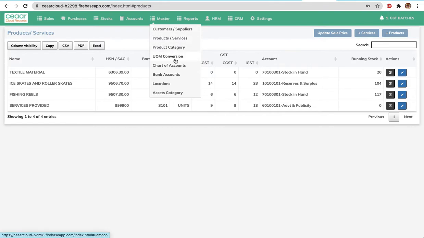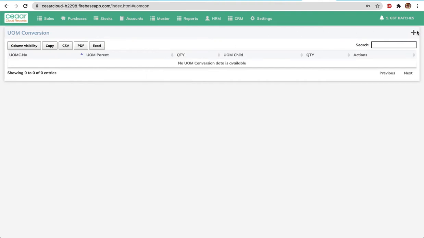Unit of measure. We cannot create it, but we can convert. That means this is used for bulk buying and loose selling.